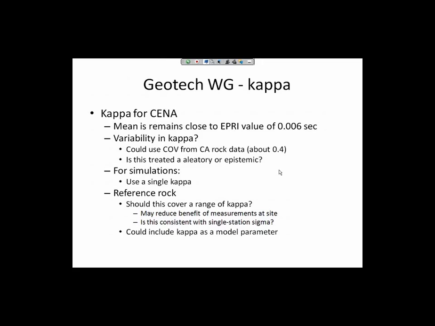I would say the difficulty with that would be actually being able to get a measurement of Kappa at the reference rock at your site. Below your site, you could get a Kappa at the surface, assuming that they had measurements, and you can get a total site Kappa. But getting Kappa at the bottom before you start amplification would be a very unlikely case for almost any site that would be analyzed, even a nuclear power plant. Unless Cliff starts asking, puts it into the reg guide or standard review plan, that they have to measure Kappa at the hard rock.